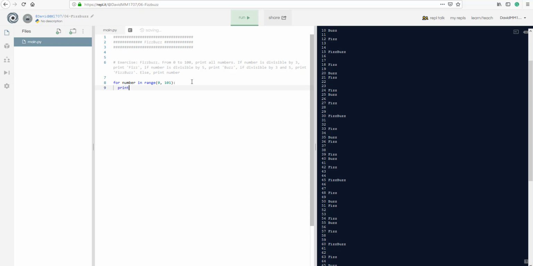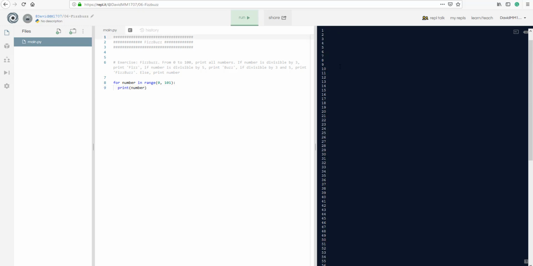So for example, I'm going to print number. Just print number. Okay, we have from 0 to 100. So now we have to check, for example, if number modulus 3 equals 0, this meaning we have no decimals, we are going to print